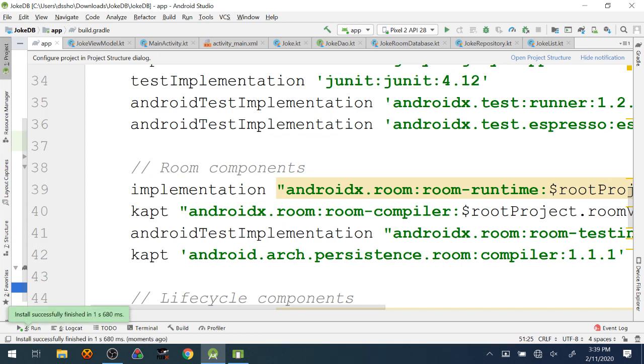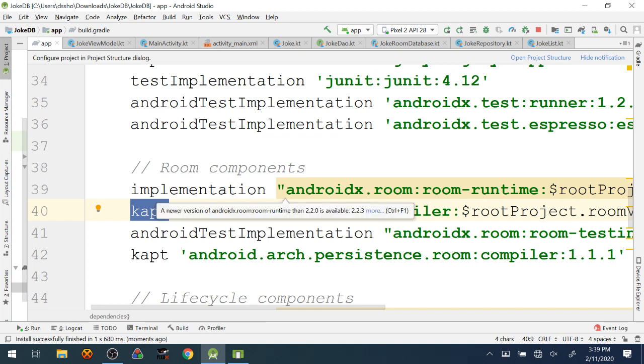The one thing that I think is worth pointing out is that if you put the Room stuff in here, it starts with a different word called kapt, K-A-P-T, which is a Gradle command. It's a special Gradle command specifically for Kotlin-based libraries. And I have to fully admit that the details about this particular command are a little bit lost on me.